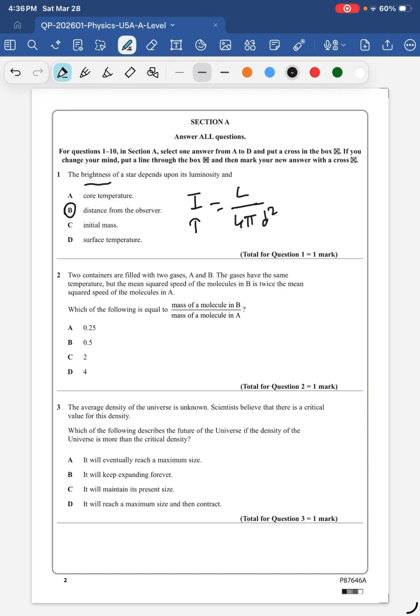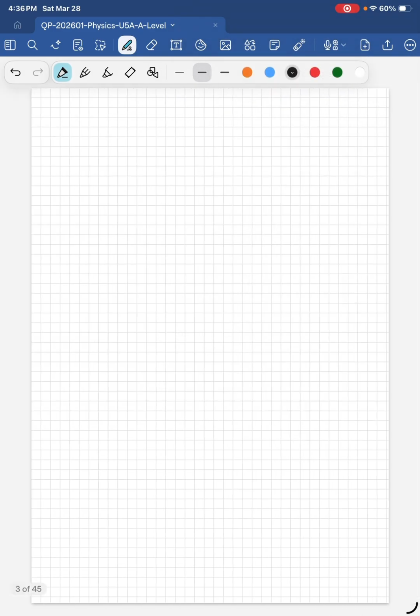Question 2. Two containers are filled with gases A and B. The gases have the same temperature, but the mean squared speed of the molecules in B is twice the mean squared speed of the molecules in A. Which of the following is equal to the mass of a molecule in B over the mass of a molecule in A? I'm going to need a clean page for this because there is not enough space. So in general, 1/2 m times the average squared velocity of a molecule is equal to 3/2 kT. Okay, so it's proportional to its temperature. So we can